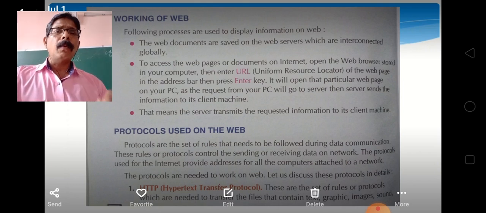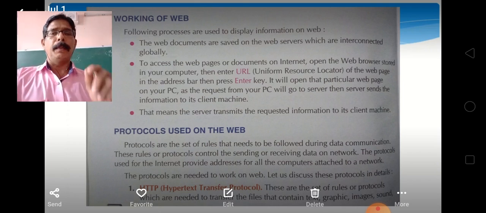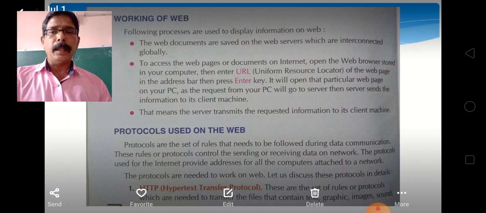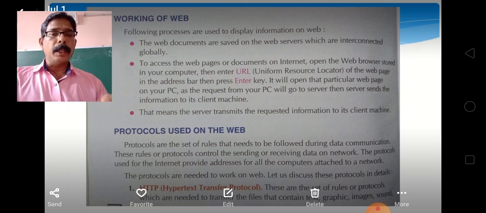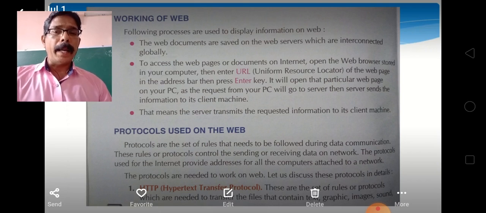Suppose a user wants to see a website like www.cbsc.nic.in. What will they do? The user types the URL of a page using a client program.